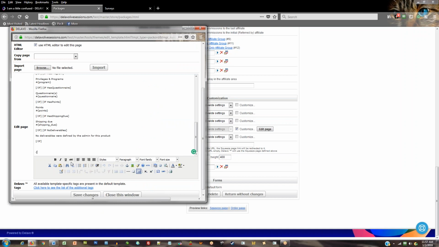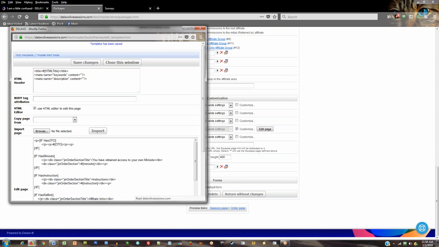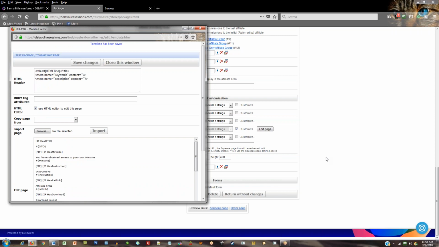So at the very bottom, you would enter survey 1 and save it. If you don't put that at the very bottom and you don't add this tag to the thank you page, it will never show up on the survey, will never show up on the thank you page. So click on save changes, and that survey that I just set up will now show on the thank you